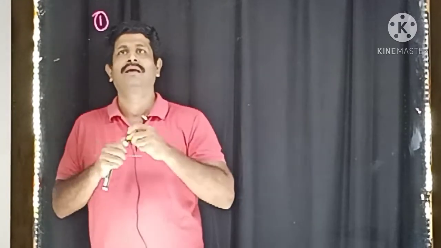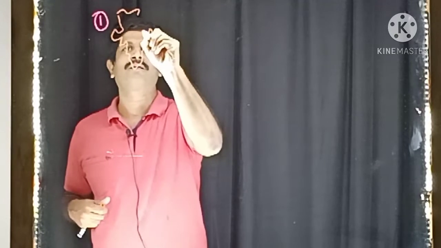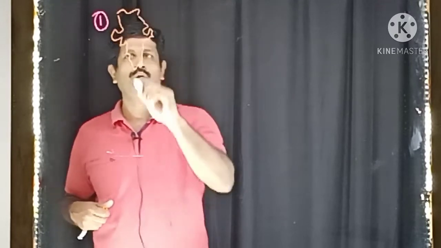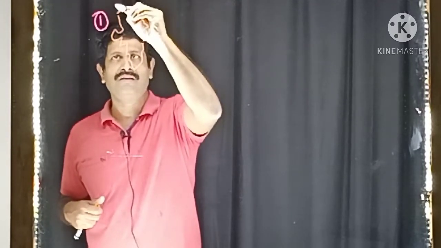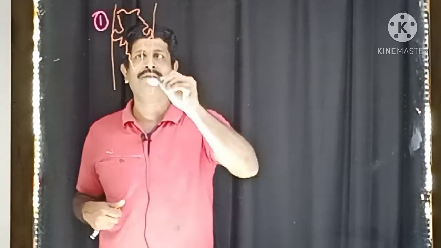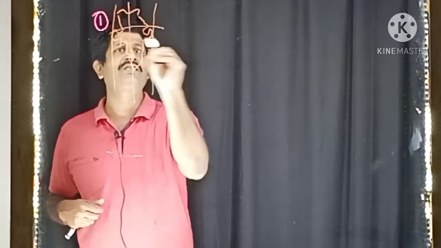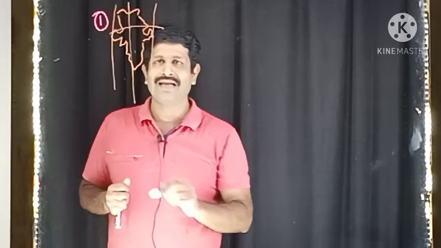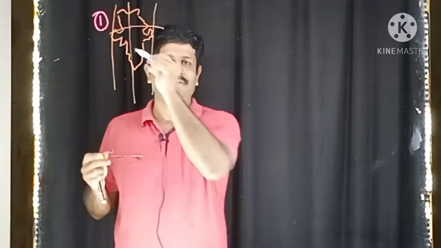The first map is the location of India. In this, you had to stick a map, and you had to do the location on the map: the north, south, east and west directions, the Tropic of Cancer and the related things in the first map.